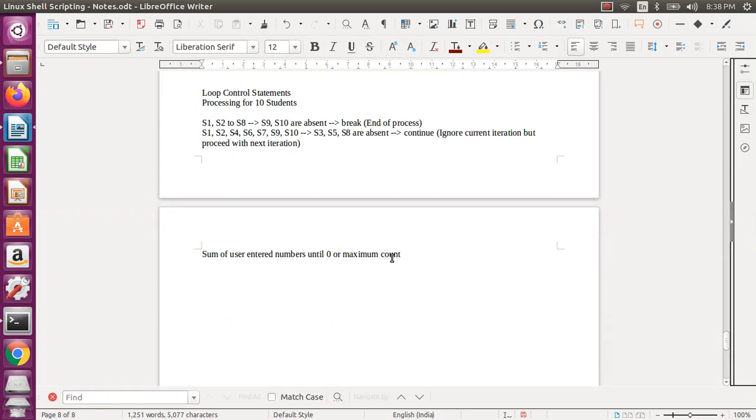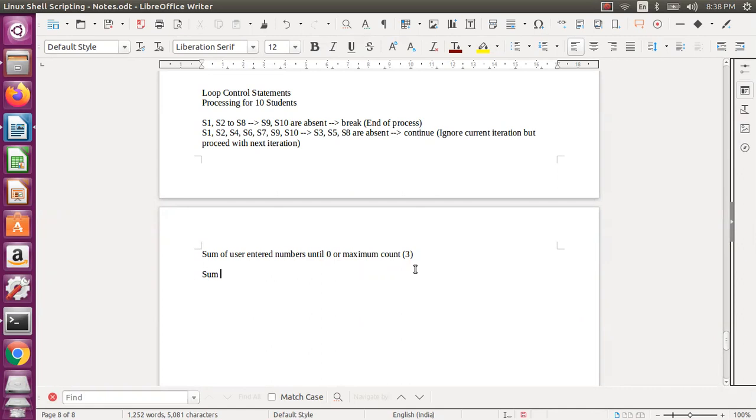Let us assume I will only allow a maximum count, maybe 3 only, or 5 only, or 10 only. To test that and to save time, I am using 3, but you can enhance it to 5, 10, like that. So let us do the same program with the maximum count 3. If you want to do maximum count, this will be done with the break statement.